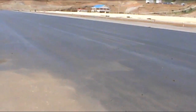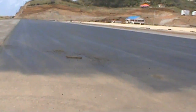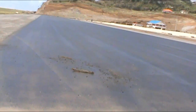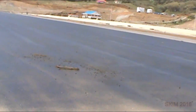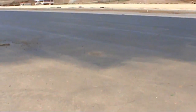This section of the Alpha taxiway, just in line with the Charlie taxiway. Charlie taxiway is just behind me, and you are seeing now that it has been sprayed with the asphalt spray. The first layer has actually been laid, and now they have sprayed this area with the asphalt oil spray, and this is what is going to happen next. They're going to continue with the second layer of asphalt on this, the Alpha taxiway. Now on my right further up, there has not been any spray. It is looking normal as before, as you can see,